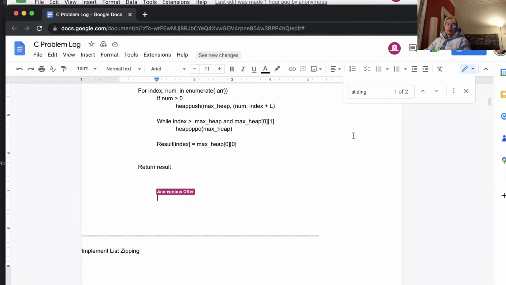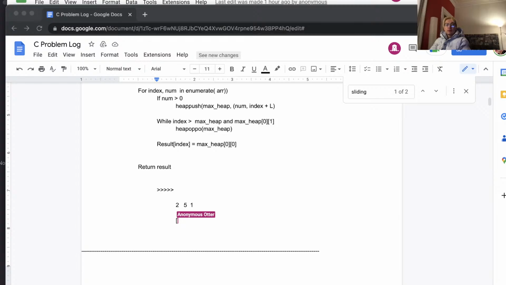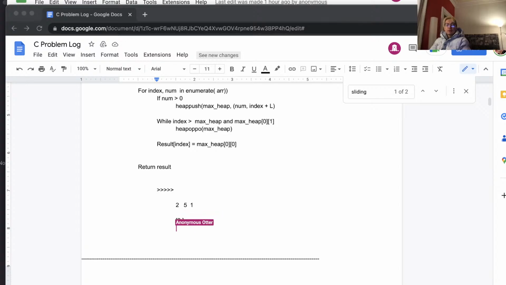Okay, so for example, let's say it's 2, 5, and 1, right? As I'm inserting elements here, this is my data structure here. I can keep a data structure, and I also can keep a max variable.